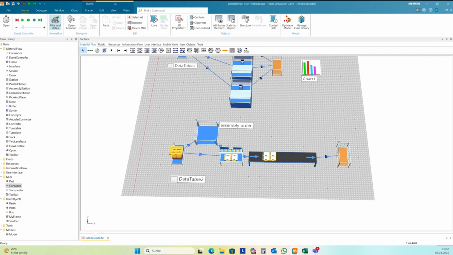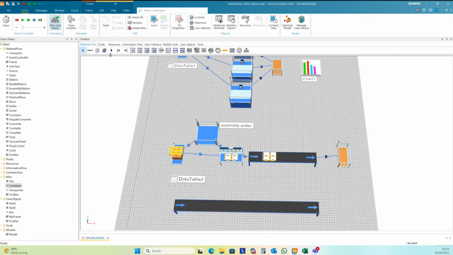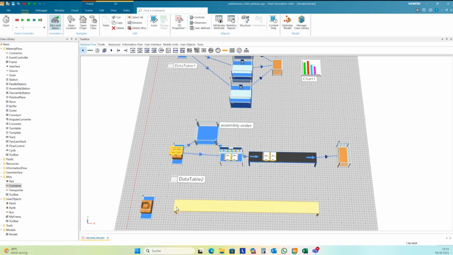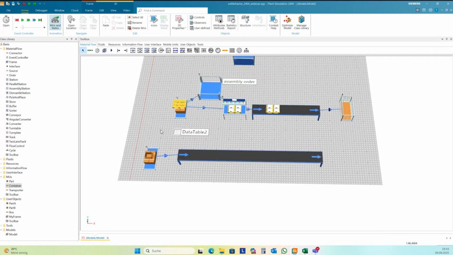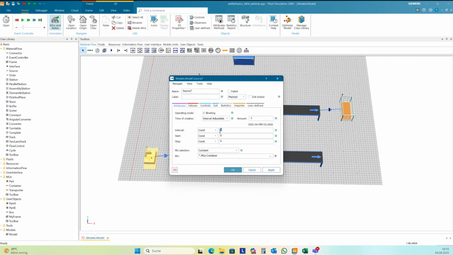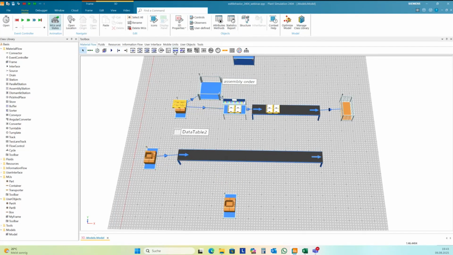And one last example. I guess you know the pick and place robot has its own behavior now, its own exit behavior since several versions of Plant Simulation. I have a conveyor, and here I create containers with a distance of 30 seconds. I have a source and the pick and place robot.